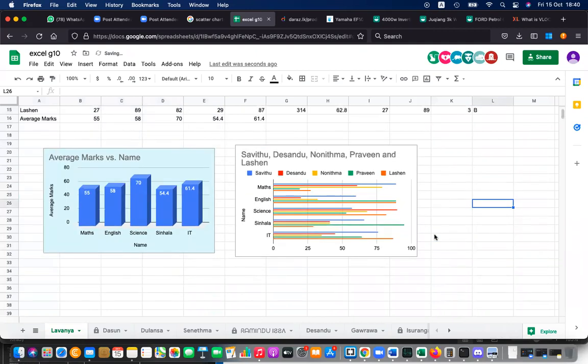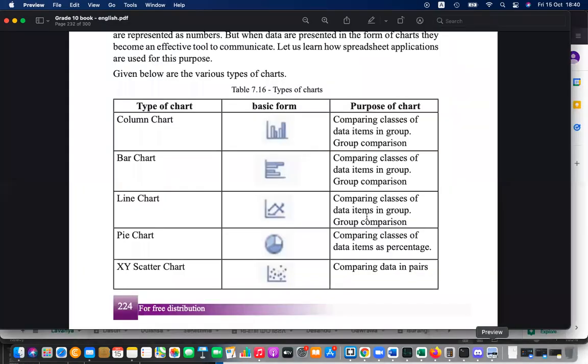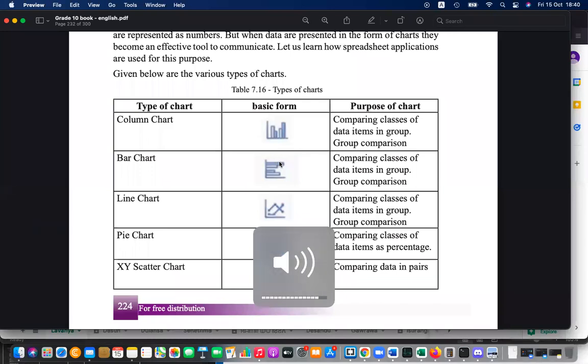Okay, the next thing is the line chart. I think you know about this COVID-19 pandemic, right? So mostly we use line charts to show the growth or decline of that. So line charts are really, really useful.